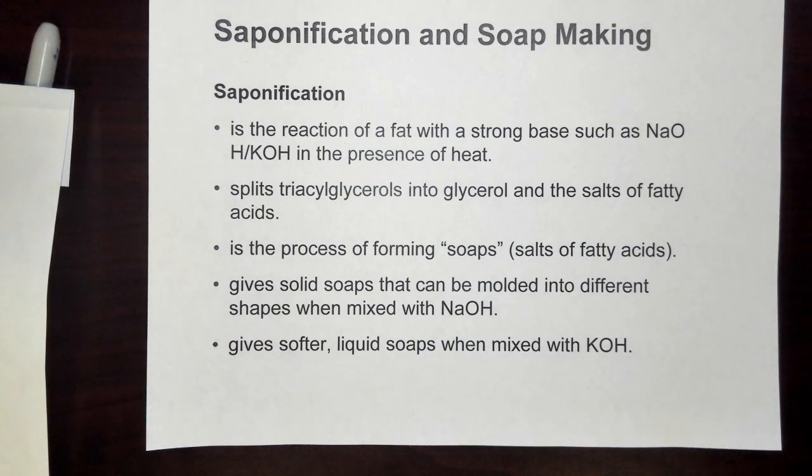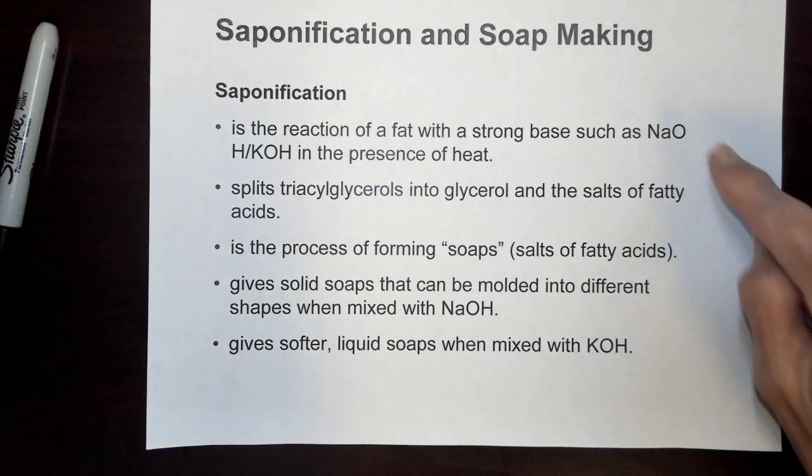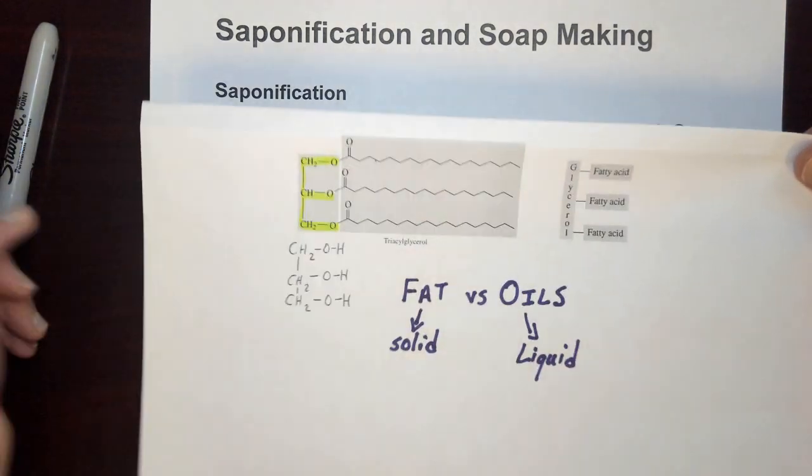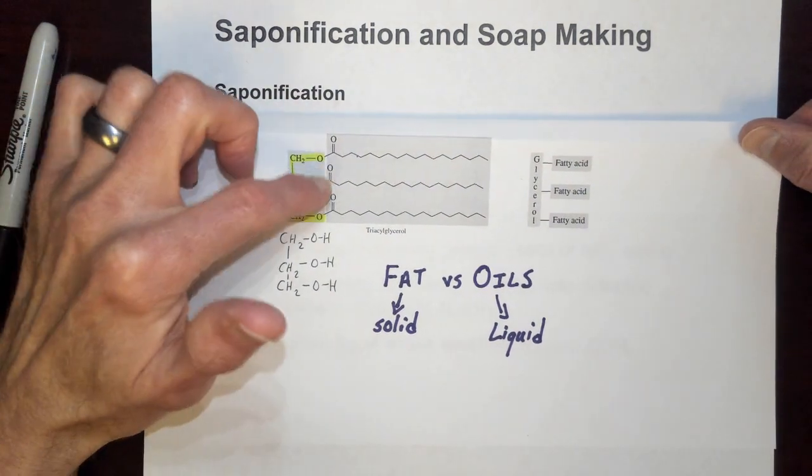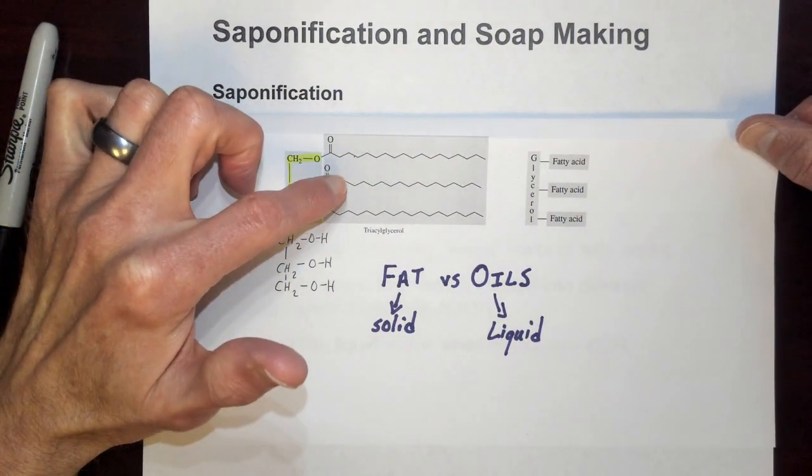So usually this mixture is continuously being stirred and mixed as it's being cooked, so to say. If you were in a laboratory setting, you might do this over a Bunsen burner or a hot plate with continuous stirring, because what we are doing is we're taking that strong base, we're mixing it with this triglyceride,